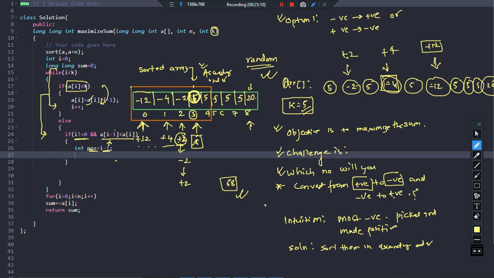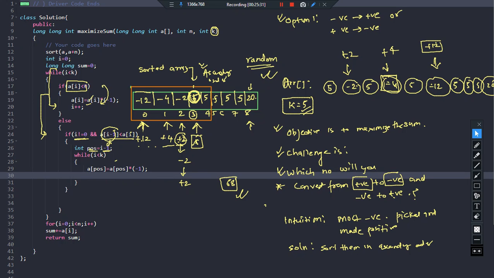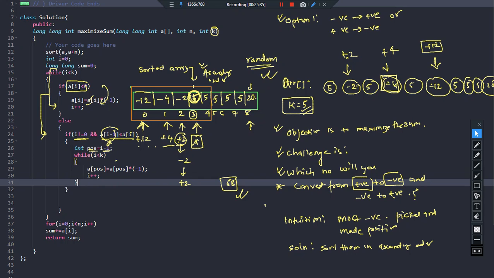This index I'll be keeping track of because the number in this position is smaller than this number. Now I'll run my while loop. While I less than k, you just say a of pos equal to a of pos into minus 1. Done. We can say this, and we will say I plus plus. That would be fine, right? Okay. So this is it.